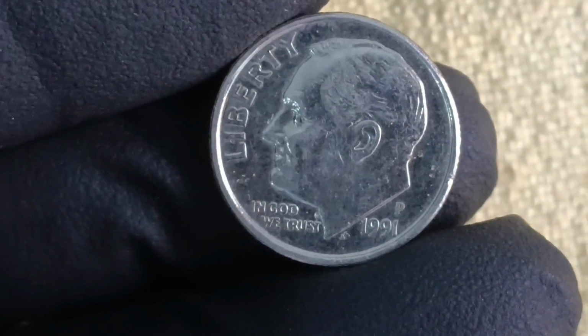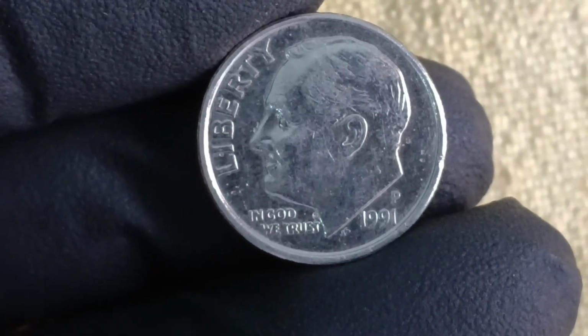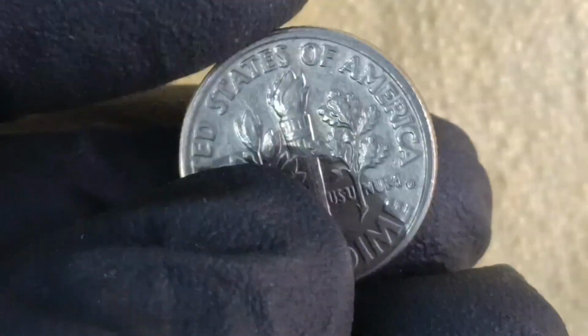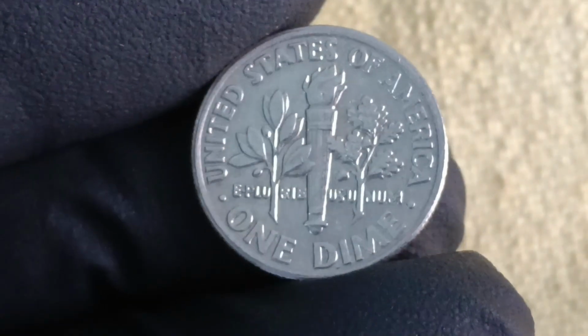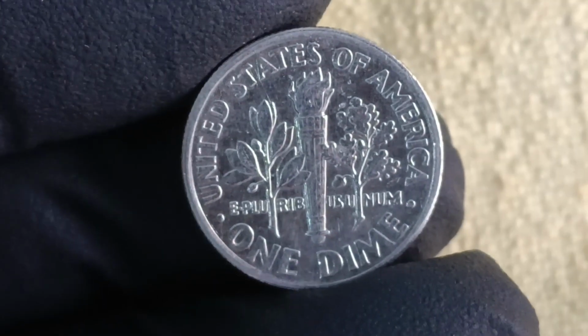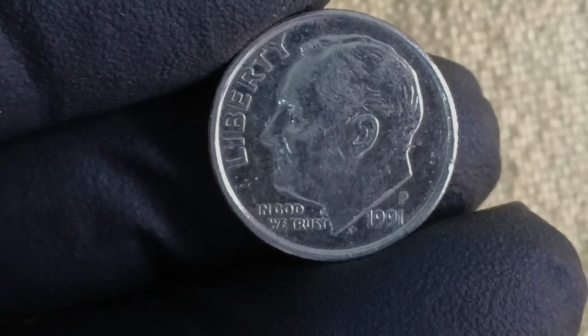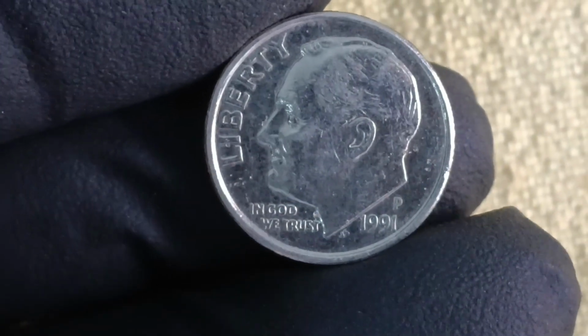Since that day, the 1991 P dime has stood as proof that lightning can strike anywhere and that what we call ordinary can conceal extraordinary worth if you know what signs to seek. For beginners stepping into the world of coin hunting, this story teaches the essence of numismatics: observation, patience, and respect